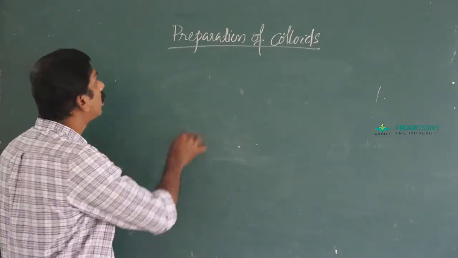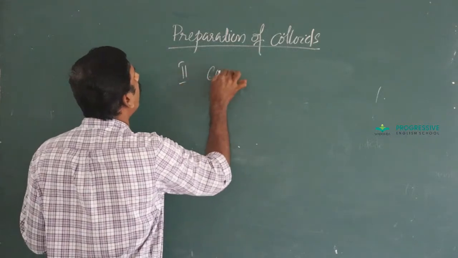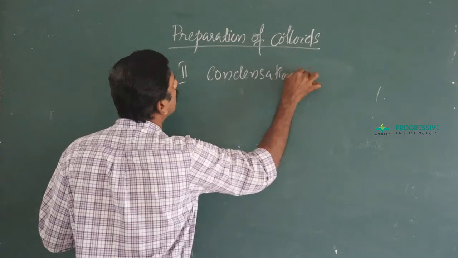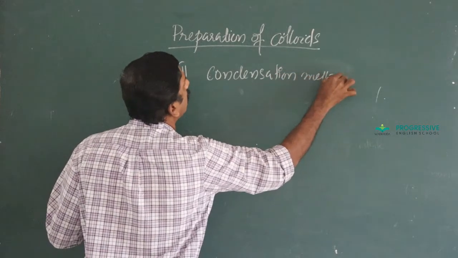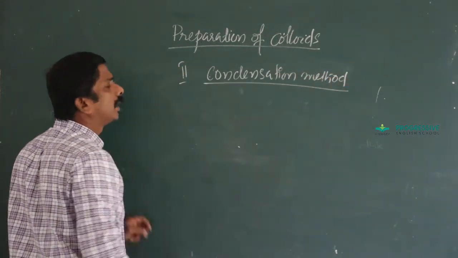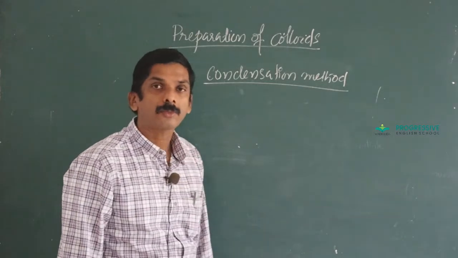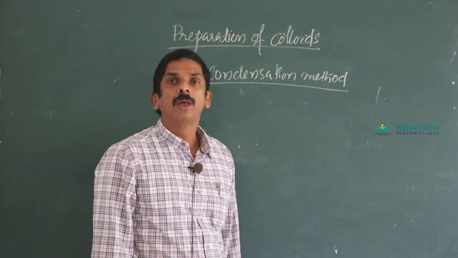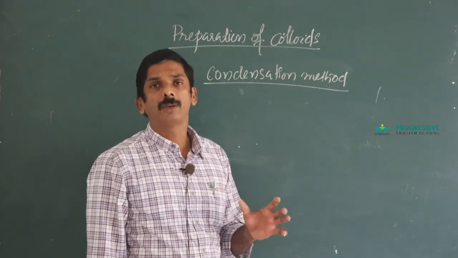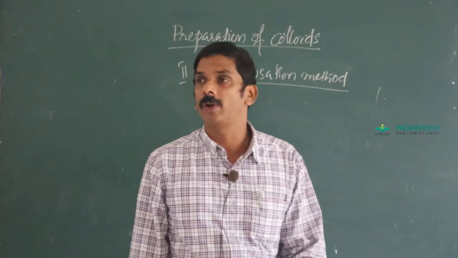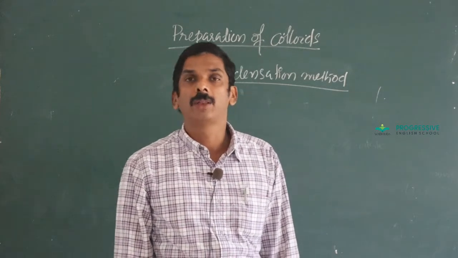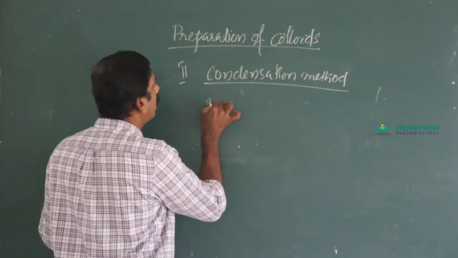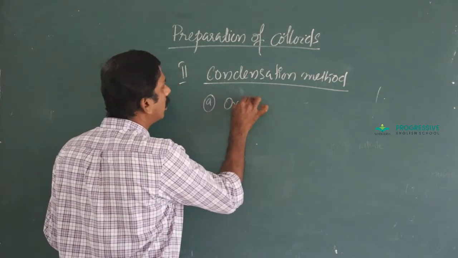And the second method for the preparation of colloid is called the condensation method. Condensation method mainly involves the chemical method for the preparation of colloid. And the different types of condensation method are